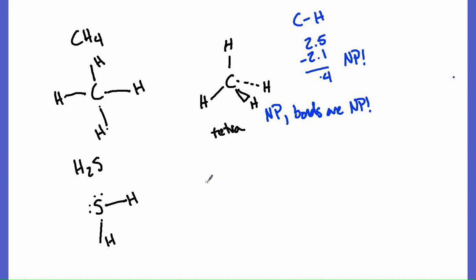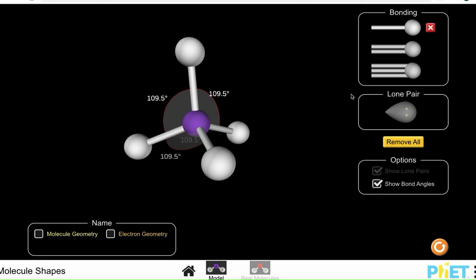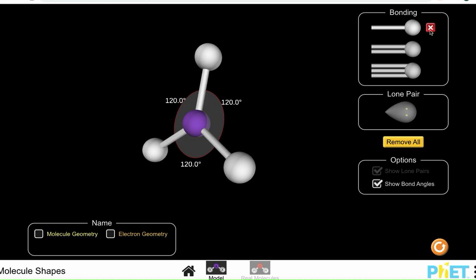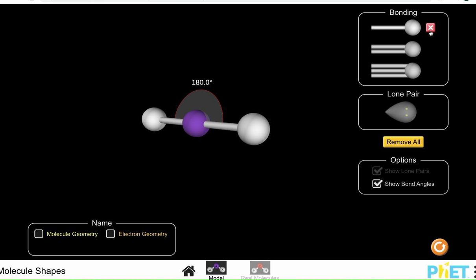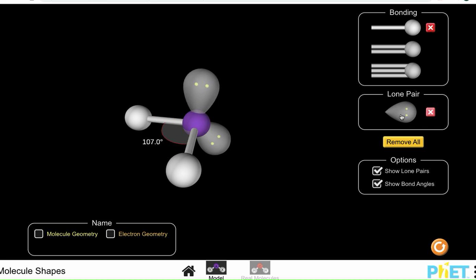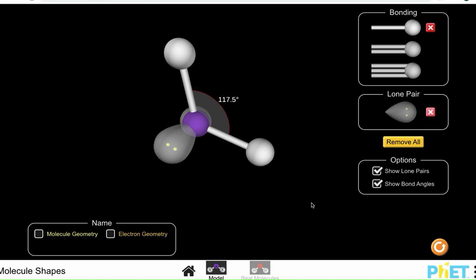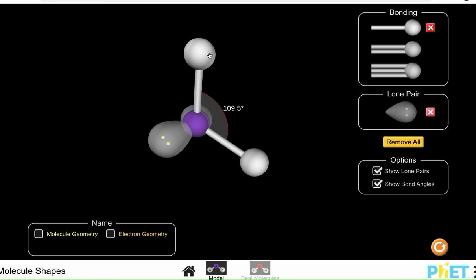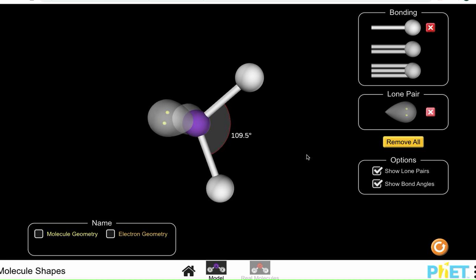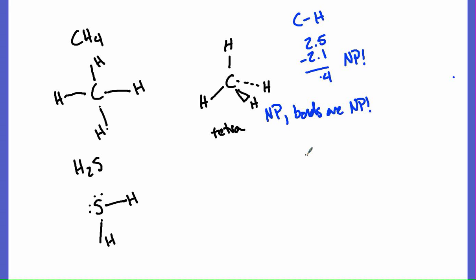That should actually be kind of familiar because it kind of looks like water. But if you didn't know, like I said, you could use the simulator. Make sure you have two bonds, right? But it's not just two bonds. There's also two pairs of electrons. When I add those two pairs of electrons, you should recognize, oh, this is that bent shape that we were talking about before. This is something that I definitely can draw in plane. My picture actually already kind of looks bent, right? But I should clean up my picture,